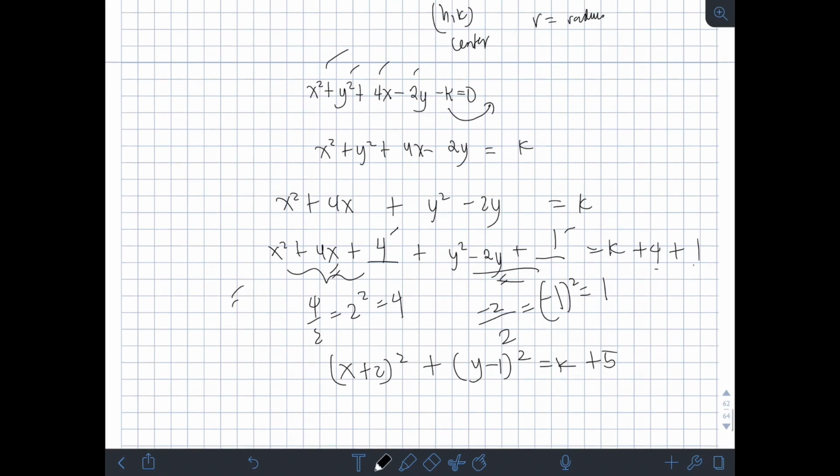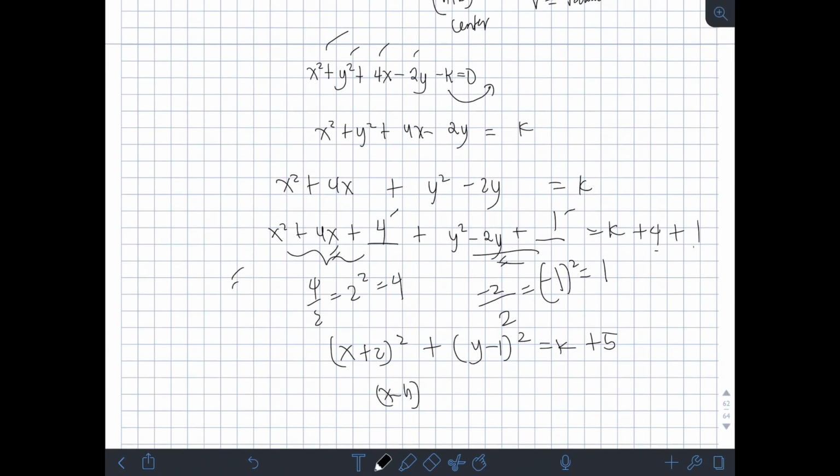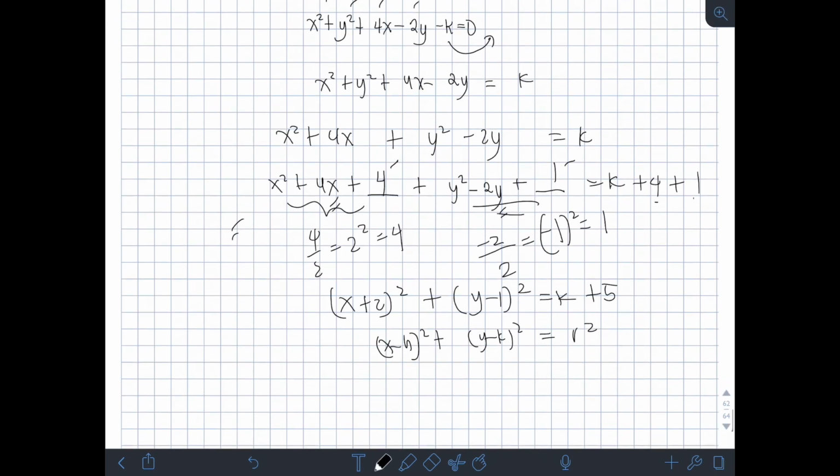Okay? Ngayon, kung ipapattern natin sa center radius form ng circle na x minus h square plus y minus k square equals r square, so meron na tayong h comma k na coordinate. Itong 2 tsaka 1. So, in specific, equal to sa negative 2 comma 1. Ito yung center ng circle. And then, pag inequate natin tong right side, yung r square, dito, sa k plus 5,